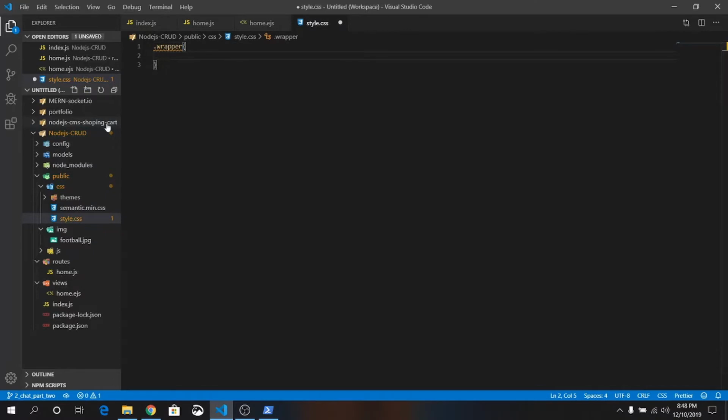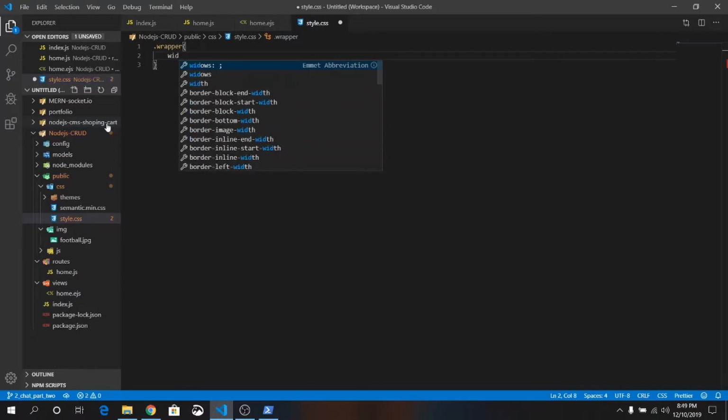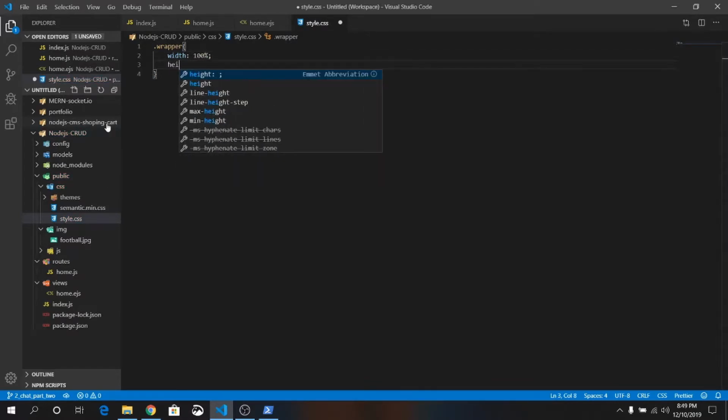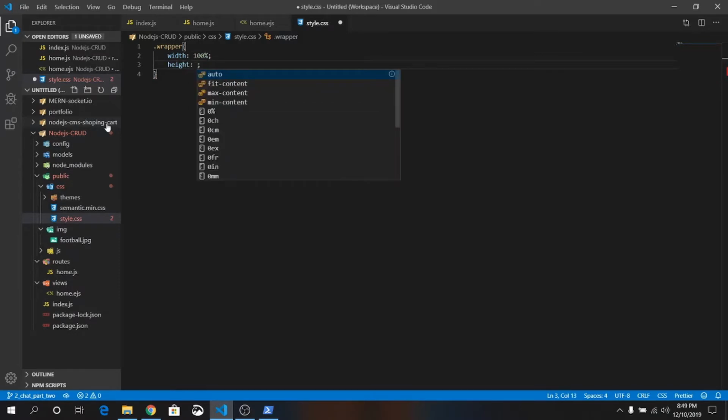Okay, now just width will be 100%, height will be 100 view height,